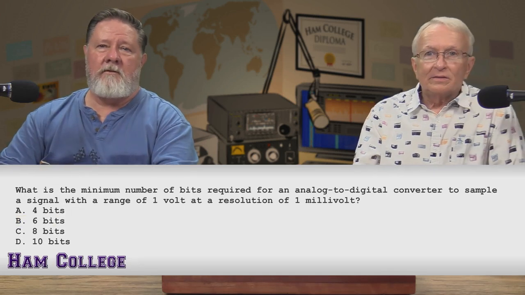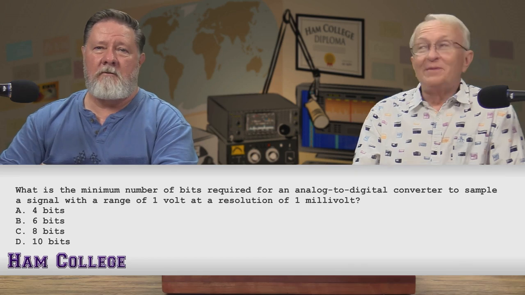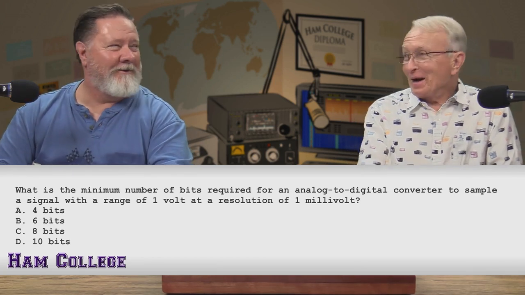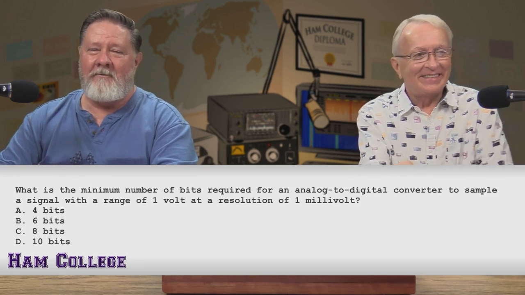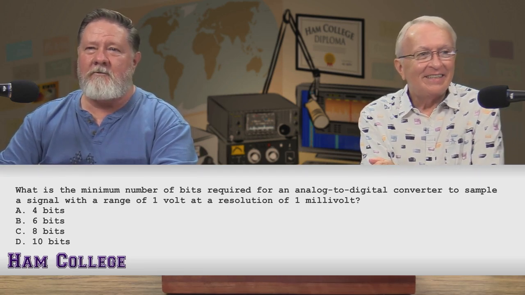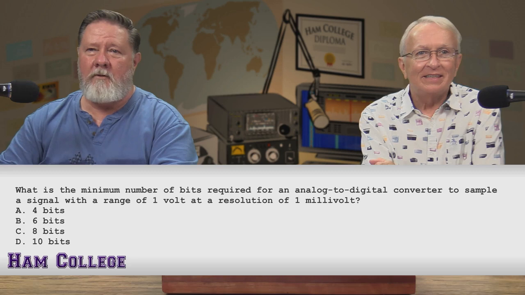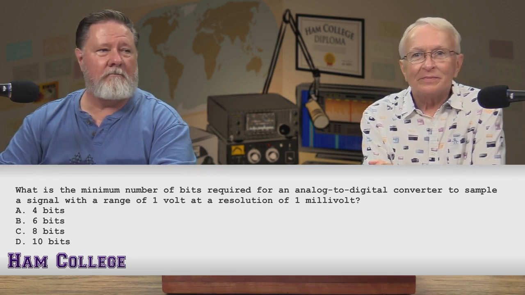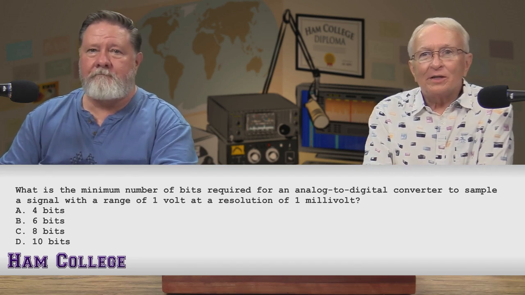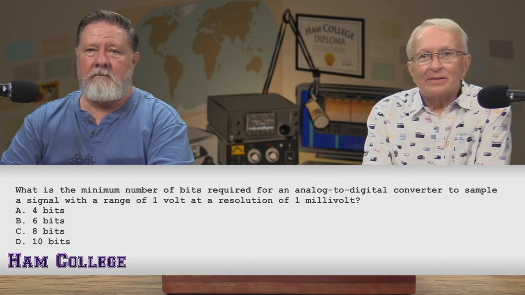Yep. What is the minimum number of bits? Oh, you should know this one. What's the minimum number of bits required for an analog to digital converter to sample a signal with a range of 1 volt at a resolution of 1 millivolt? A, 4 bits. B, 6 bits. C, 8 bits. D,